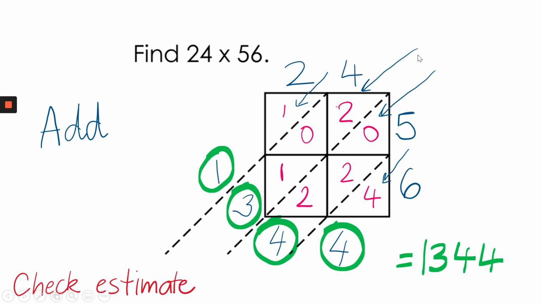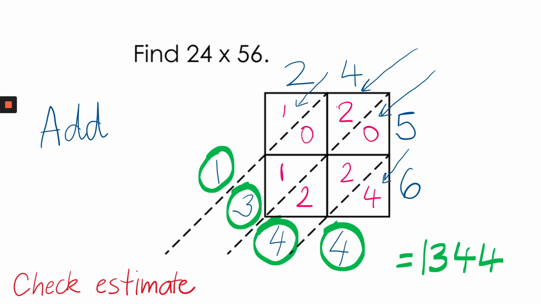We move over to the next column between this dotted line and this dotted line. Coming down there, we have 2 plus 0, which is 2, plus 1, which is 3, brings us to the 3. And then finally here, above this dotted line, just the 1. Then I'm going to circle those numbers, 1, 3, 4, 4, and that creates our solution. 24 times 56 is